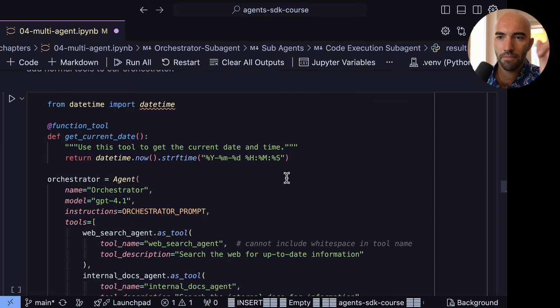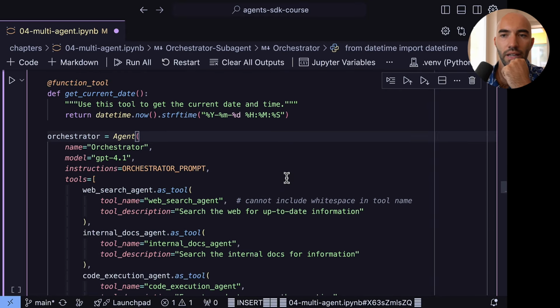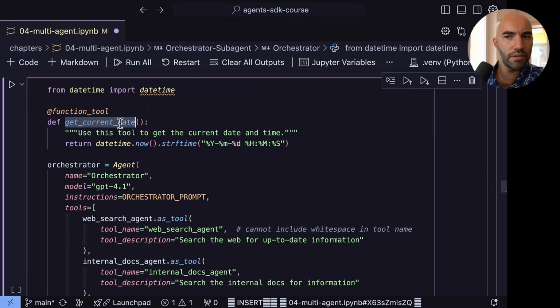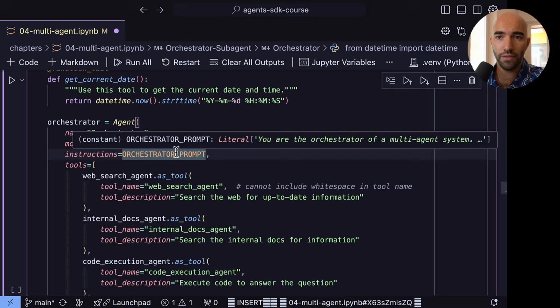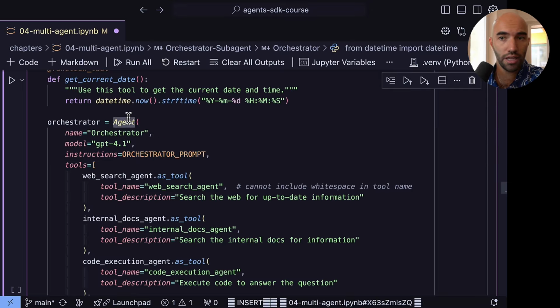So I'm going to come down to here. I'm defining another tool here, by the way. We'll see later why, but I also want to show you that we can use tools as well as agents as tools here. So this is our orchestrator definition. It is just an agent in the same way that we earlier defined our subagents. The main difference is, 1, its name is orchestrator. 2, the model may be different. In this case, I'm thinking, okay, I want this to be the